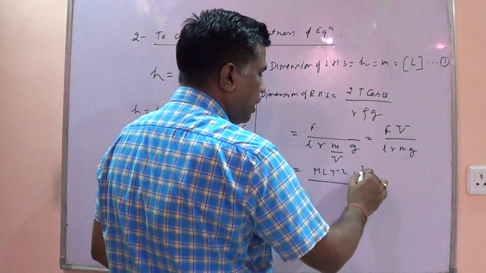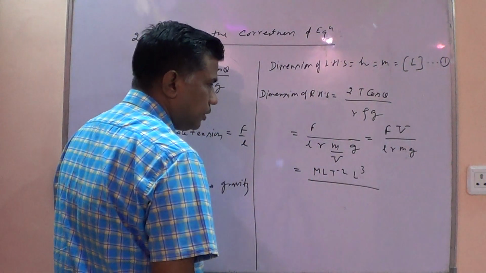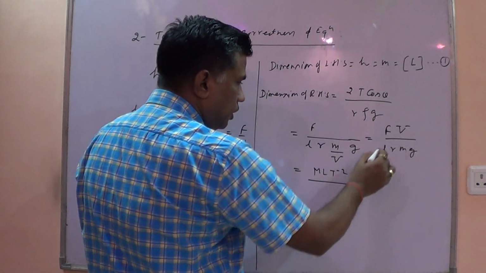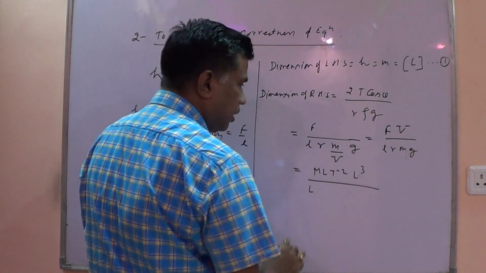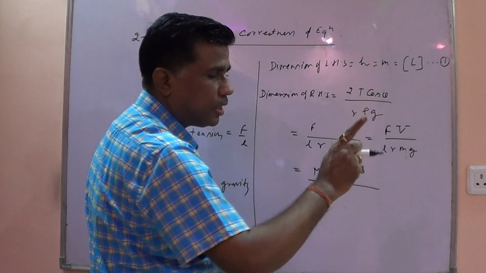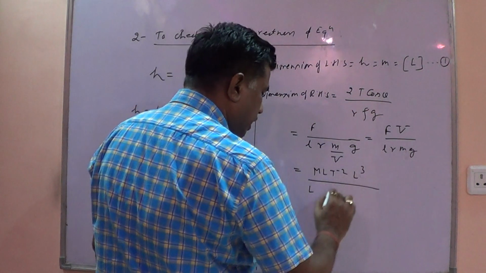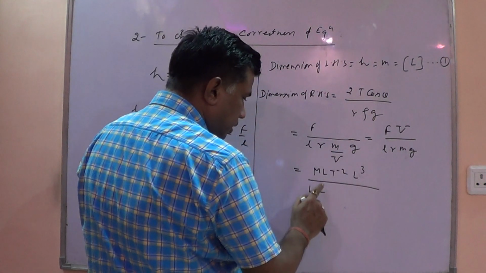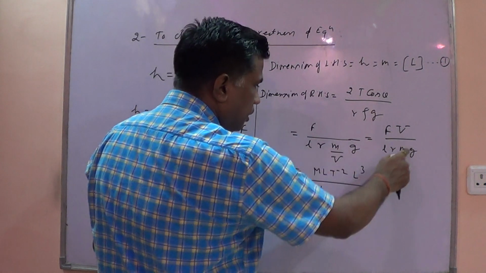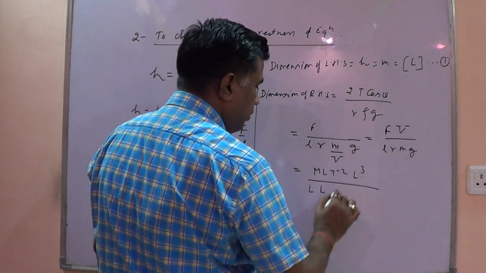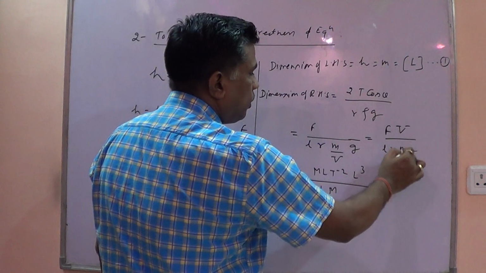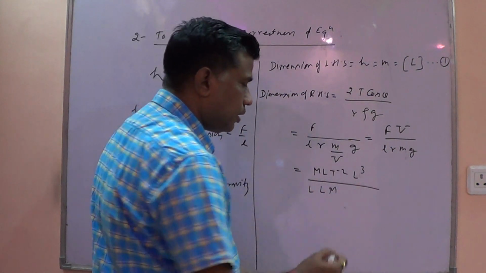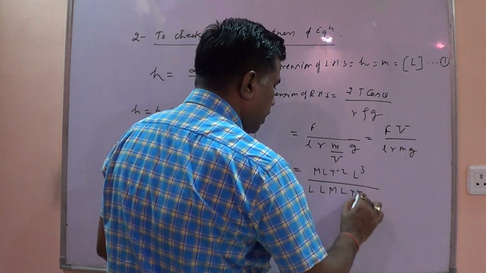The meter cube is the unit. L power 3 is the dimension. So the dimensions of force and volume are written. This is what, length, right? Dimension L. This is what, radius. Radius means a type of length. So I write again L. This capital L is for this radius. This is what, mass. So for mass I will write capital M. This is what, acceleration due to gravity. All types of acceleration have the same dimension. That is L T power minus 2.